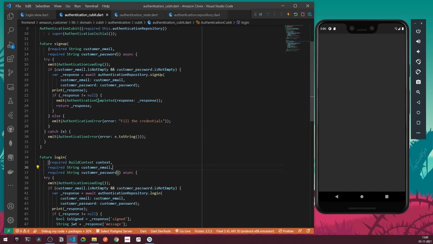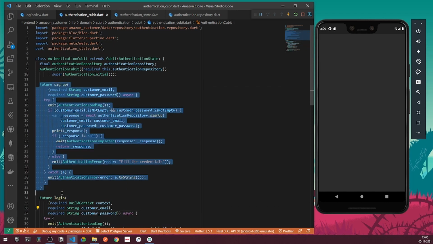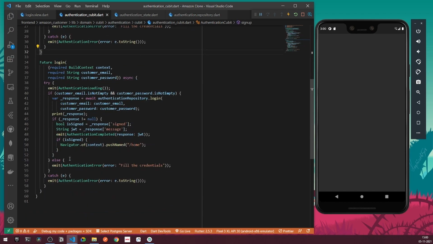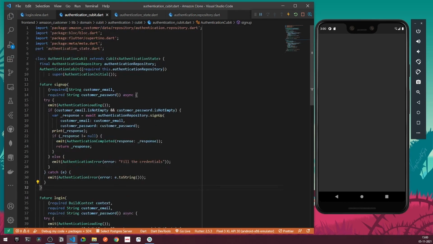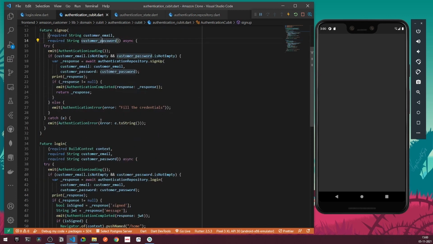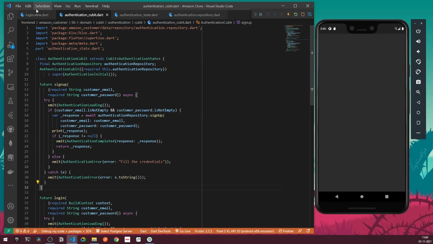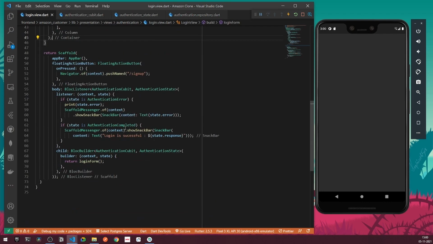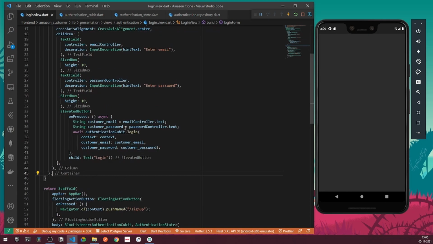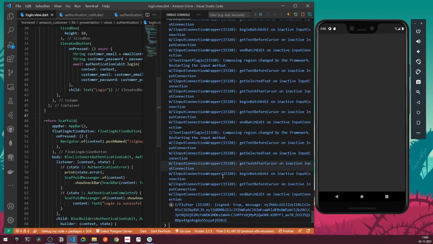So you can do the same thing for the sign up process. This will be a small homework. So you have to do the same thing here. We have to check whether the following value of customer email is null or not. And you have to navigate the user based on your response from your server. So this was all for today. We are successfully able to navigate to the next screen. Also, we are able to successfully check the value of our authentication, that is our JWT.